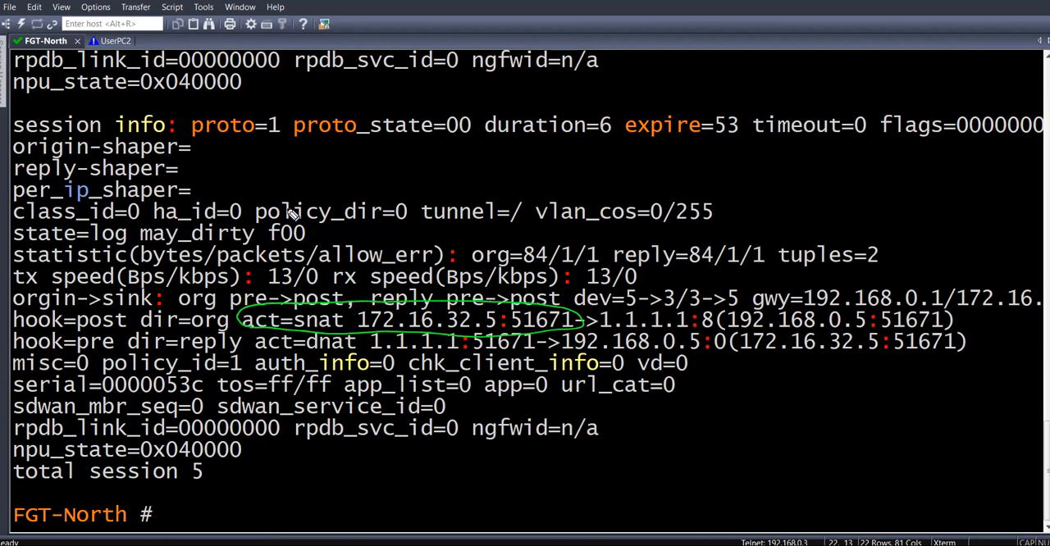ACT means action. Then you have the action called SNAT, right? SNAT means the function of source NAT is getting applied. So source NAT as a function is getting applied over here. We all know this is the source IP address. Then we know this as the source port. And then we have a small arrow over here. This arrow